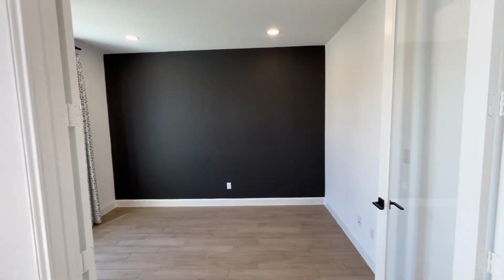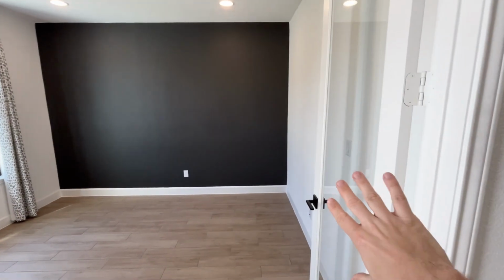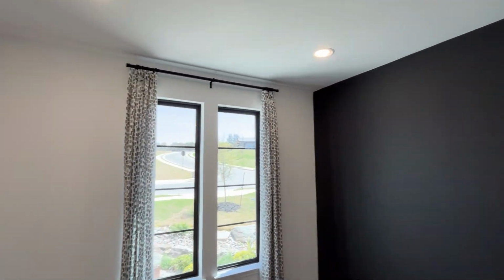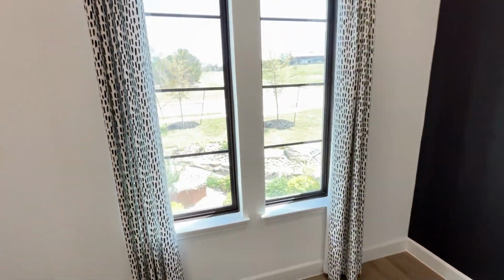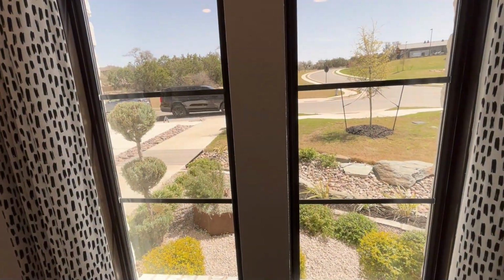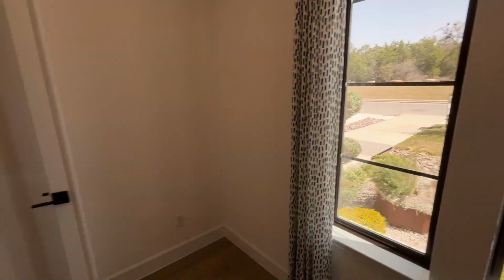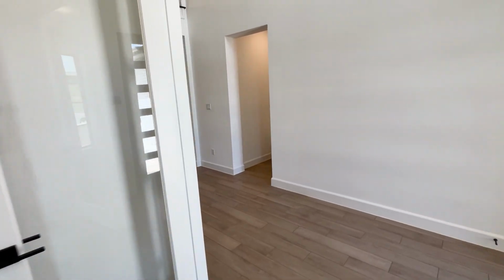So to the left here, we have an office space, these glass French doors, all 8-foot doors for the interior. And as you can see, most builders wouldn't paint a wall. So I think this was probably a model at some point. It's a beautiful view though. Sitting in here, beautiful Tahoe driving by. Can't beat that view. They went with tile flooring here, and it looks like they have a darker grout, which